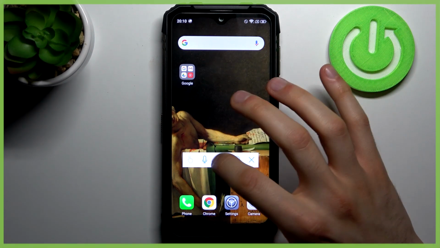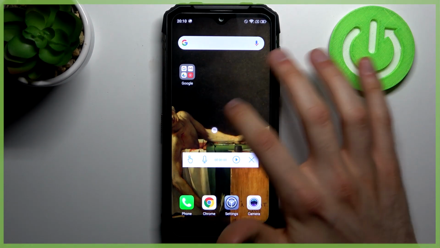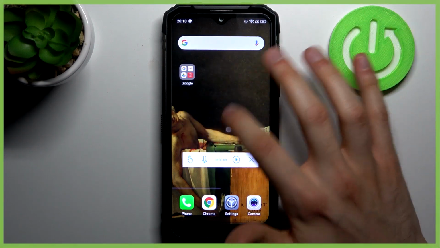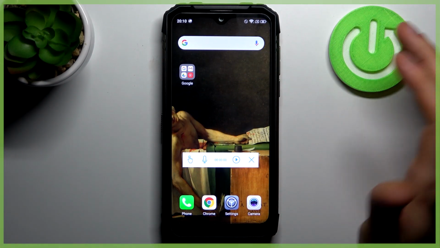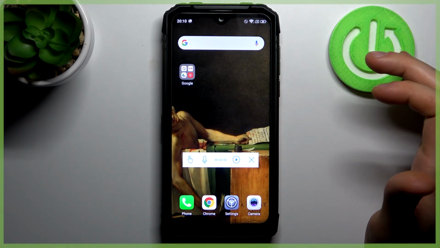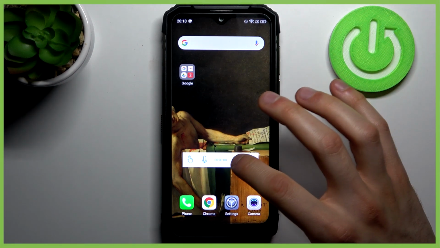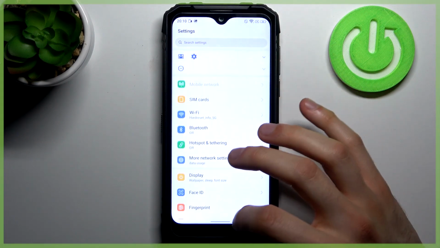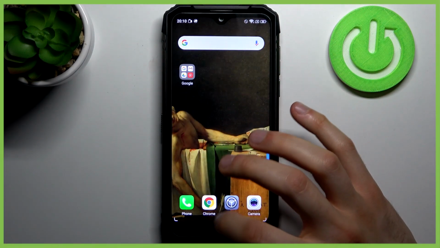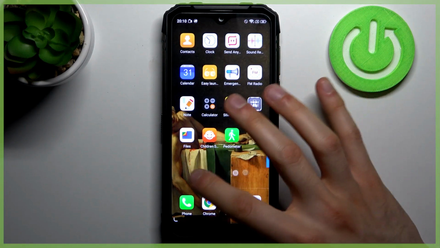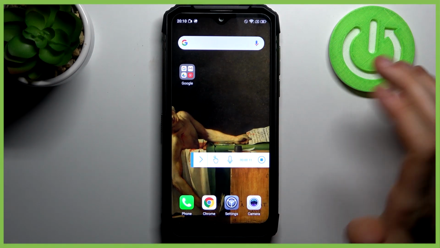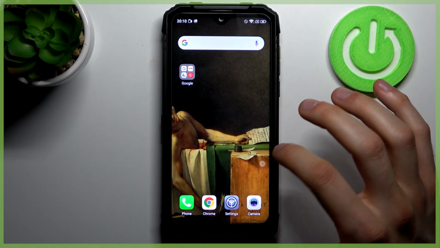Screen Recorder menu. You can enable or disable the touches here. You can disable microphone. To start recording, just tap on the start button, and after that recording starts. Let's record some of our screen. If you want to stop recording, just tap on this menu here and then tap on the stop button, and